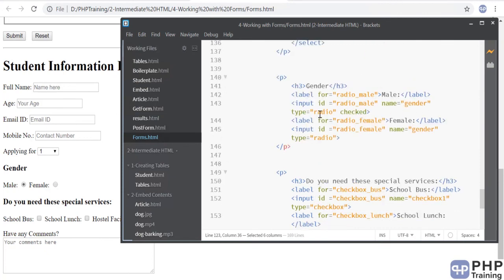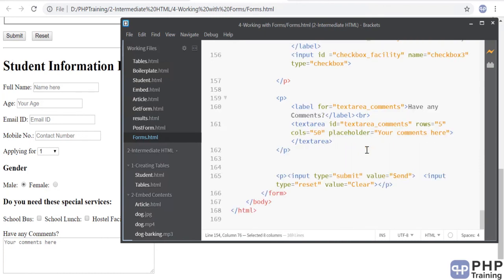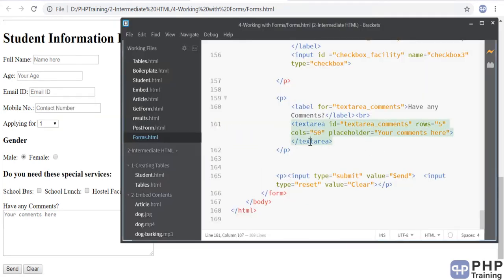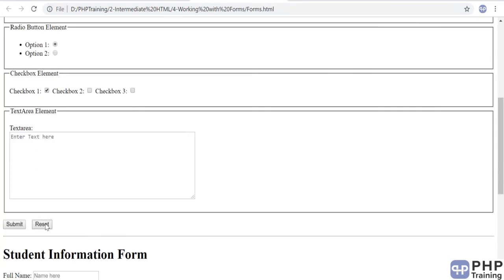Then you can have the radio buttons and the checkboxes. Then you have your comments, which is multi-line, that is textarea. And then you have your send and clear buttons. The clear button is for when you type something and want to clear it, it's automatically cleared.